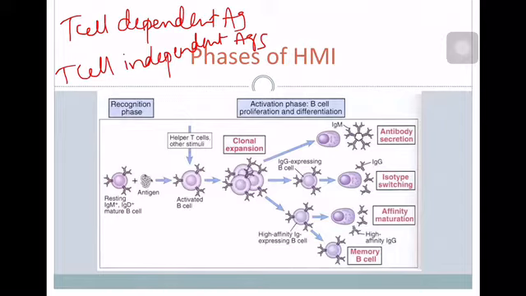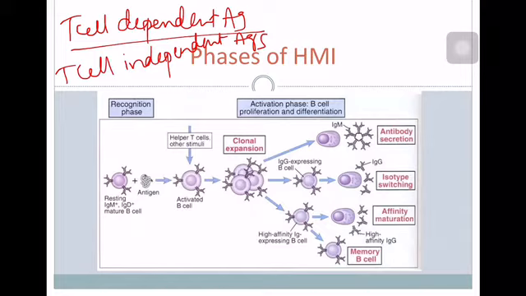T cell independent antigens activate the immune system without the involvement of T cells, whereas T cell dependent antigens lead to the production of antibodies and mediate the immune response with the involvement of